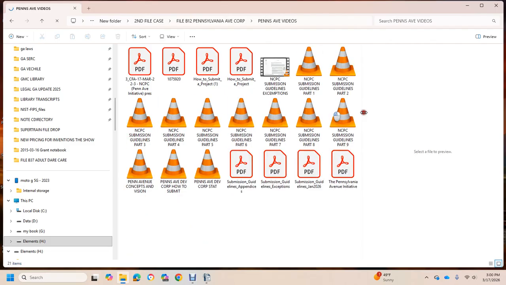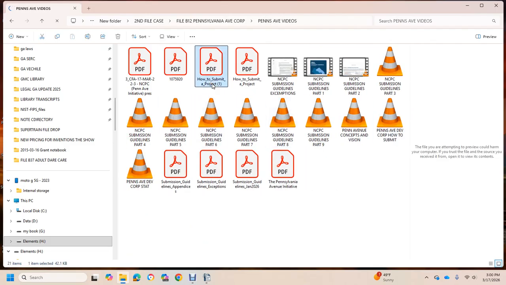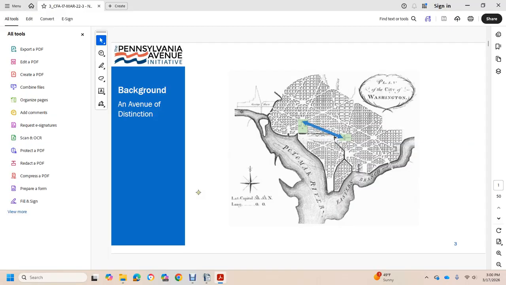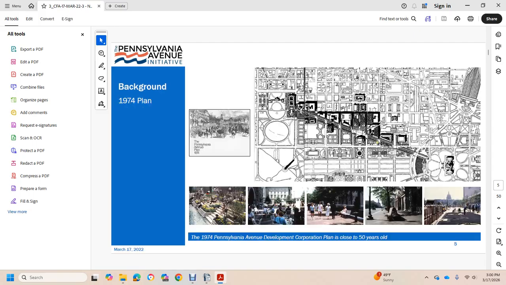videos. We have how to submit a project to the Pennsylvania Avenue. We have the Pennsylvania Avenue Vision and Concepts Information, Background Initiative, how to start a parade or make papers into